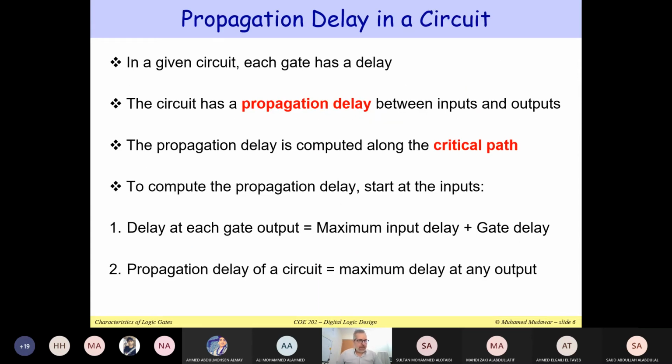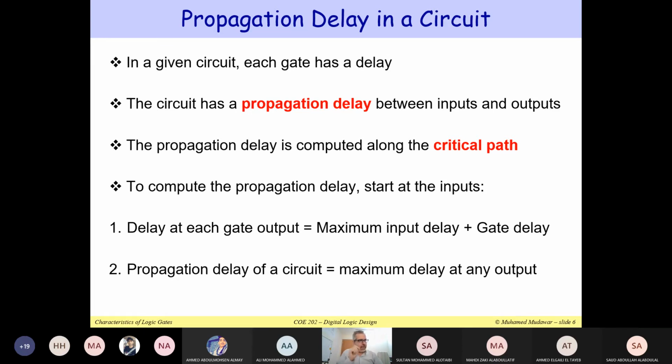Right. Let me talk about the propagation delay. Now, that was the delay of a single gate. This is why we call it gate delay, because it is just for one gate. Now, how about a circuit? In the case of a circuit, you have many gates, and each gate will have a delay. And sometimes the delay of different gates is different, depending, of course, on the gate itself. So the meaning of propagation delay is the delay inside the circuit between the inputs and the outputs. That's the propagation delay. Now, the propagation delay can be different on different outputs. And you might actually have multiple outputs in a given circuit, and you might get different propagation delays.